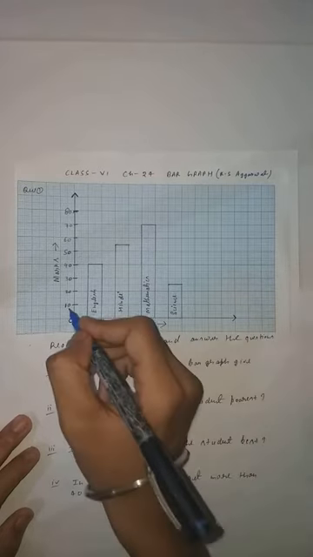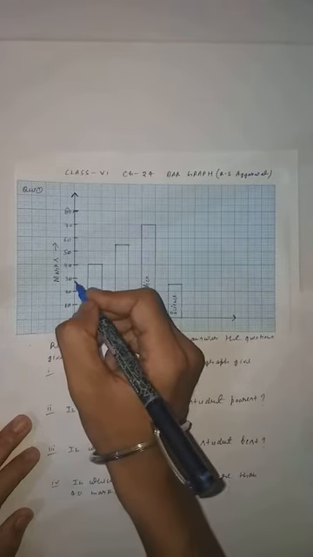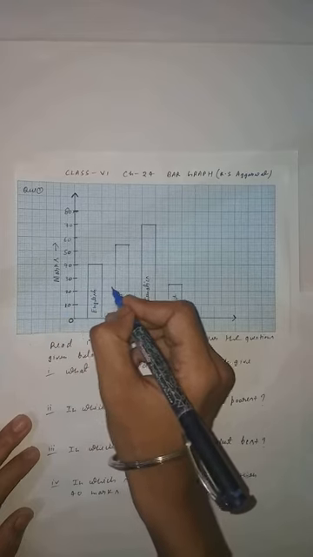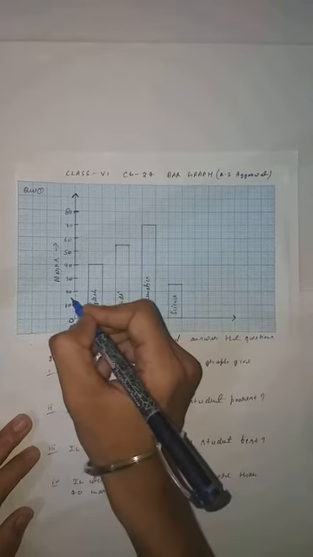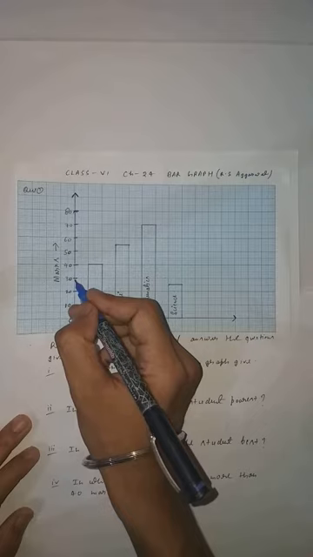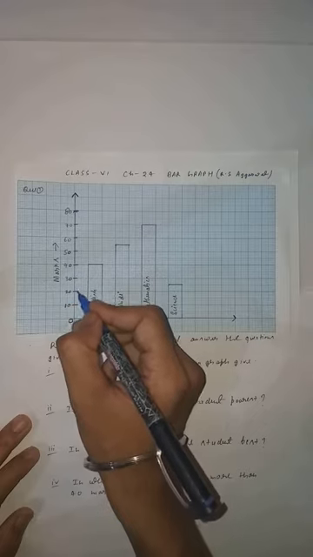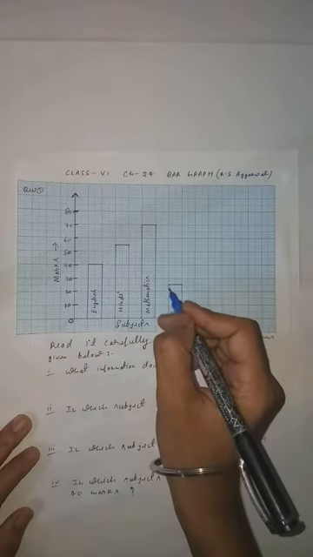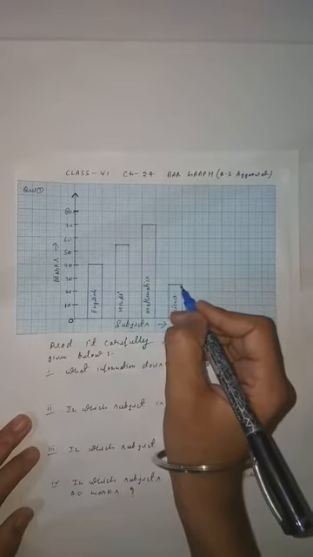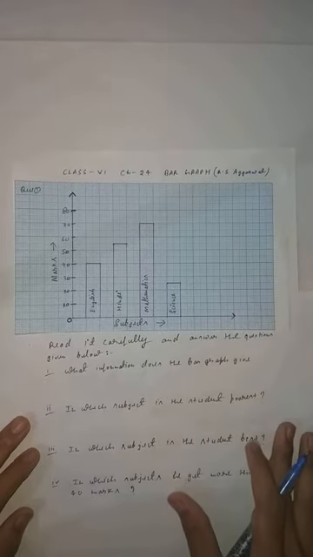So here is another one. You can see the bar graph lies between this line, means this one lies between 20 and 30. So in between 20 and 30, what comes, student? It is the middle point. So the middle point of 20 and 30, you can say 25. Clear, student? Because you can see this is the middle line. When you draw in your copy, you can also see it clearly.